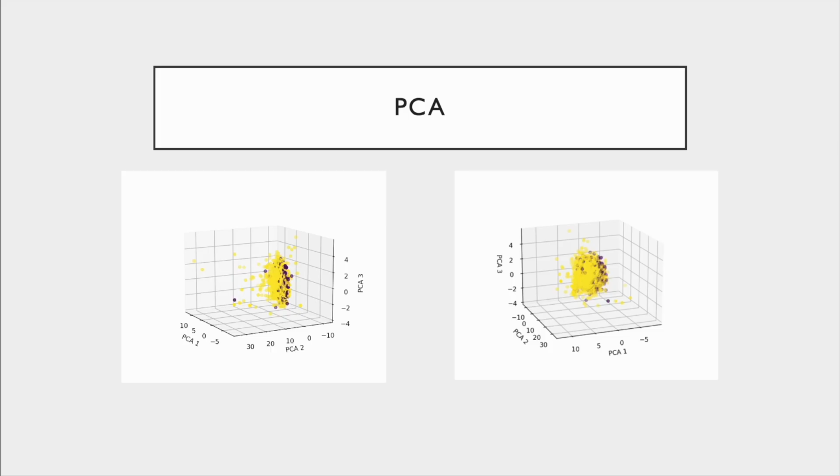After running PCA, this is how our transformed data appeared. The yellow points here are on the NASDAQ and the purple points are on the New York Stock Exchange. We can see that we have three principal components, and that points on the NASDAQ are still very far from that sort of center, meaning that there were still outliers. This makes sense because the NASDAQ tends to be a bit more risky than equities listed in the New York Stock Exchange, but we continue to use all of this data.